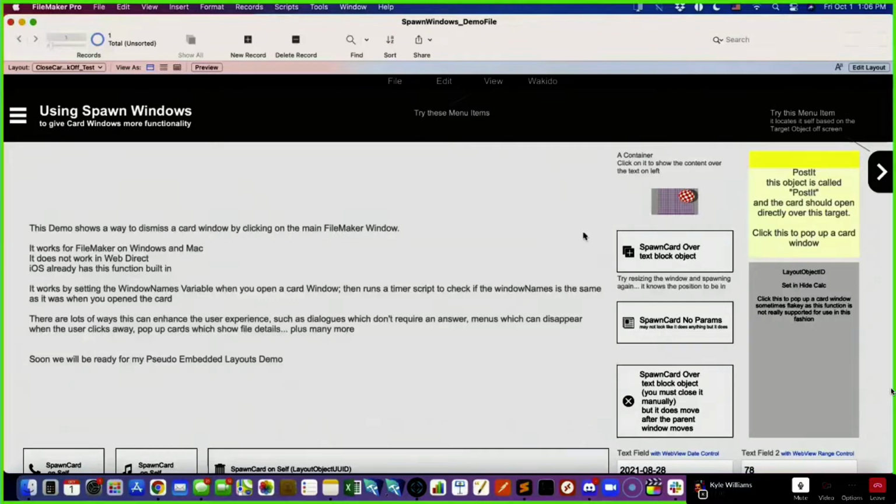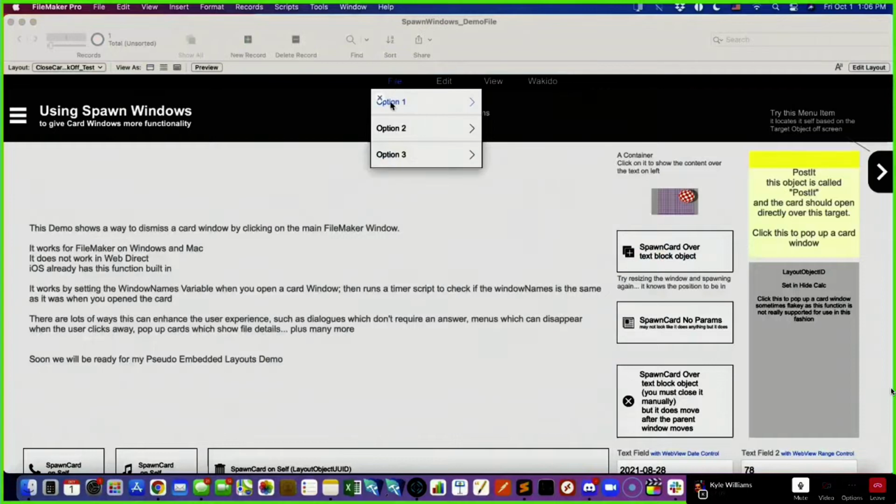So he did several different demonstrations here. This one I kind of liked. He created a menu here. So you click on File, it opens up a card window. And so basically you can make a menu out of this, and then you can select on any of these, and the next window will pop just beside it, and it'll actually be positioned in line with the option that you select. So if I select 2, you can see it comes straight over on option 2 to a new